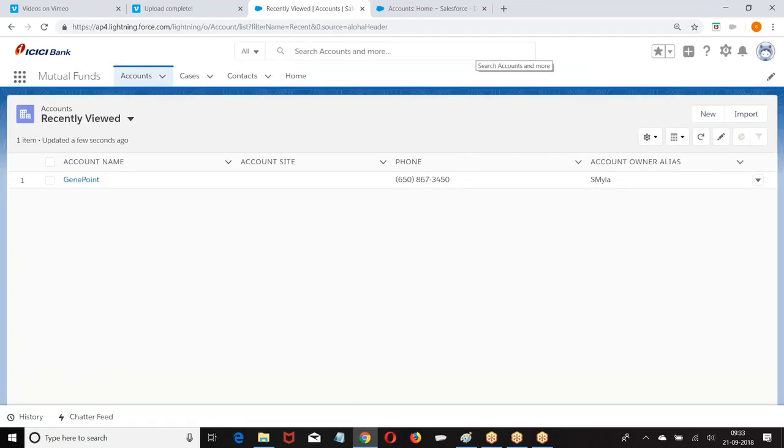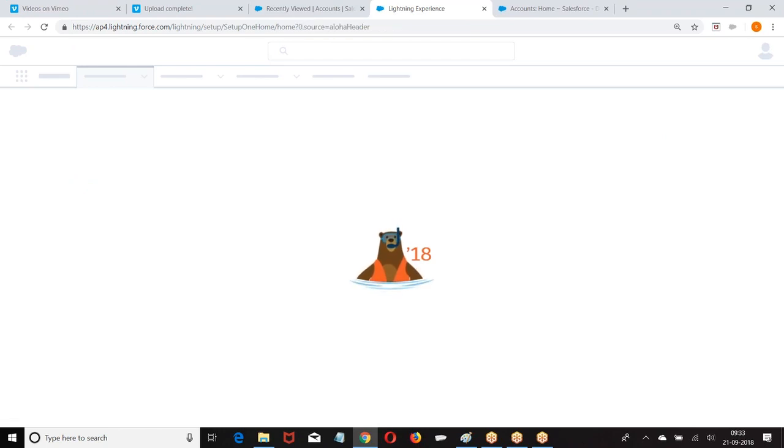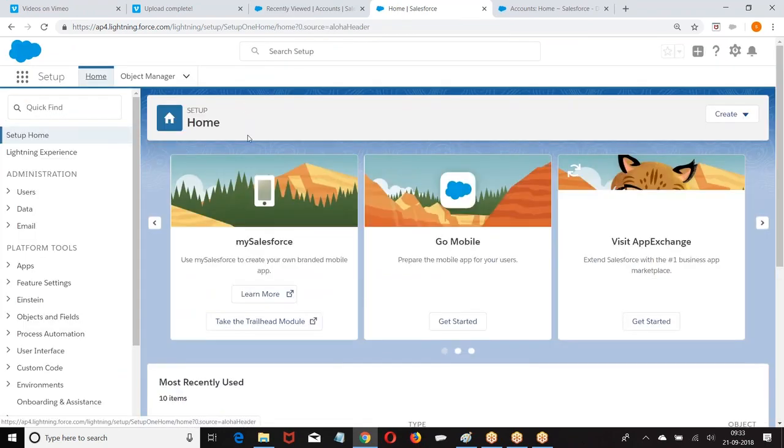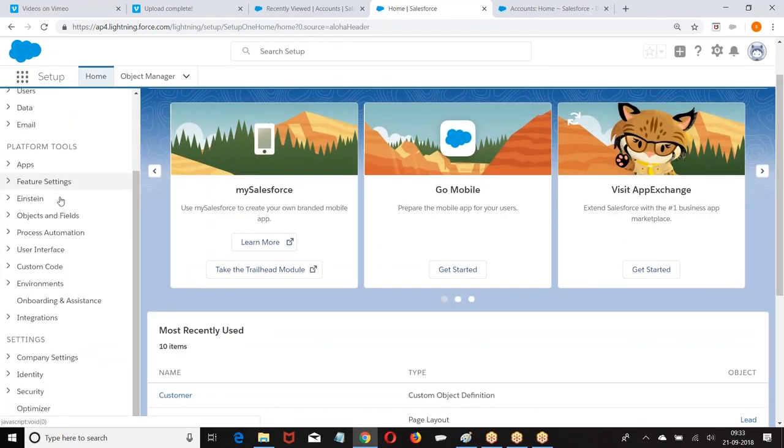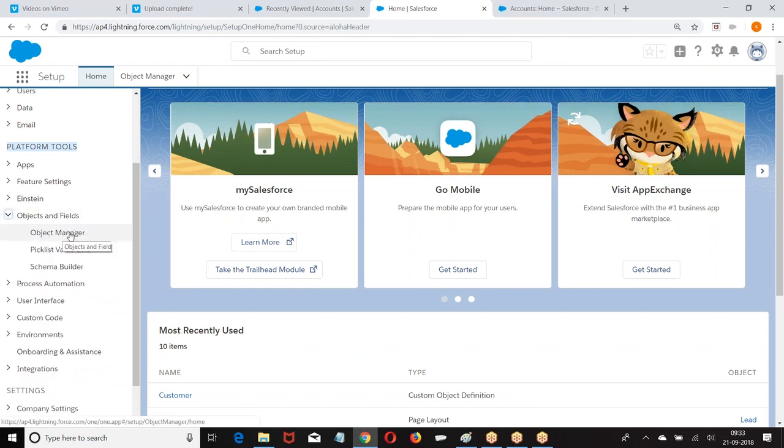So how is it done in Lightning? Let us go with this. Setup. Here we have platform tools, objects and fields, object manager.